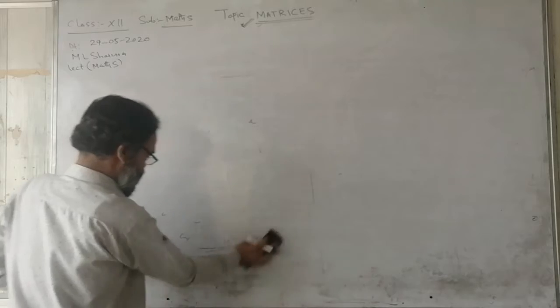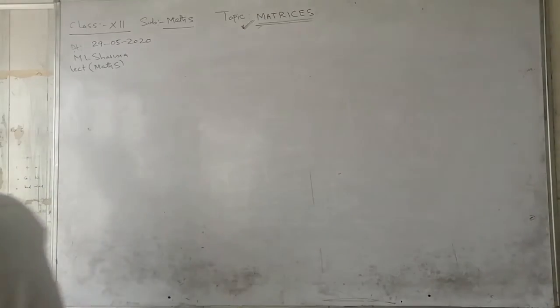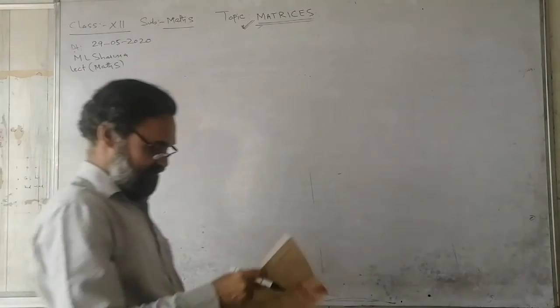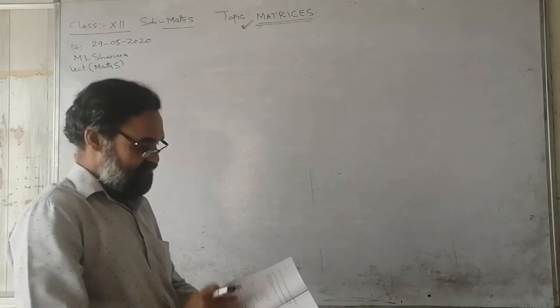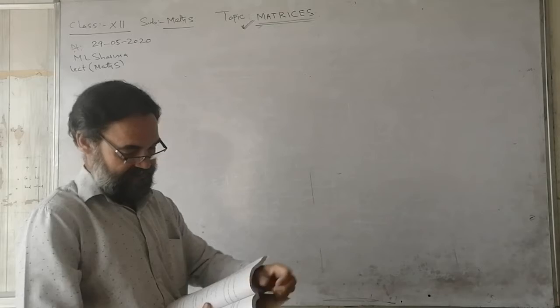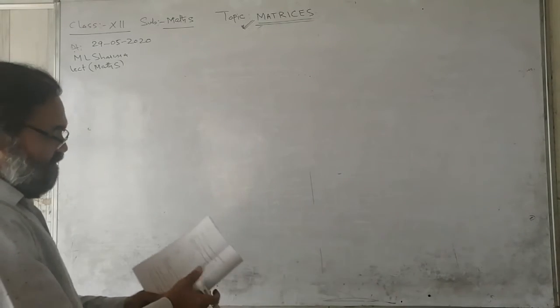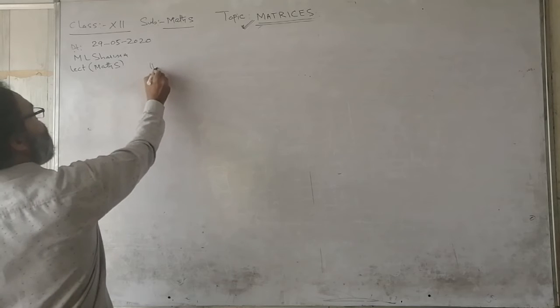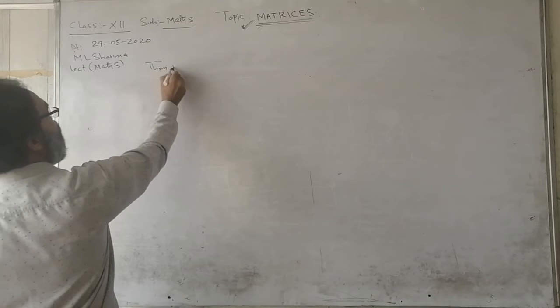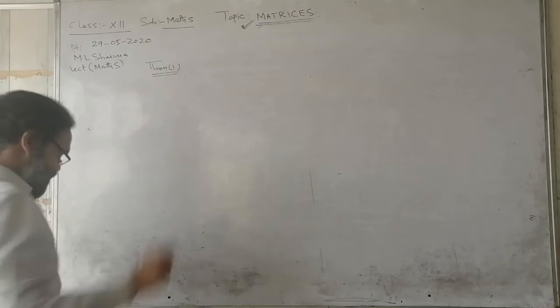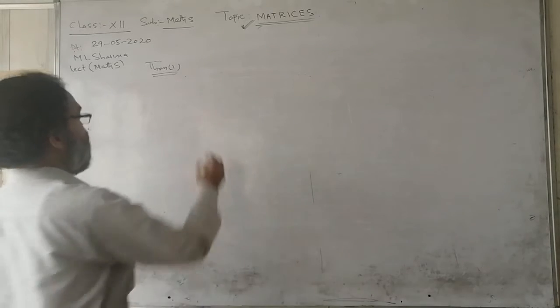So I think now the symmetric and skew symmetric matrices are clear. Then the very first theorem. There are one or two theorems relating to symmetric and skew symmetric. The first theorem says, for any square matrix A,